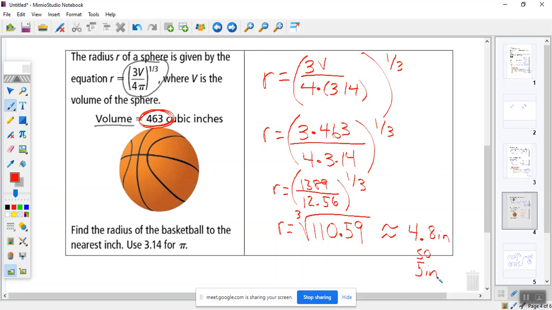Okay, now guys, was there a lot of calculating there? The answer was yes, but really we just had to plug 463 in for V. We had to calculate some numbers. And since this was to the 1/3 power, once I got down to this 110.59, we said, ooh, that's to the 1/3 power. That's like finding which root? The third root. Okay? Let's try another one here. Any questions on that example about what we did? It's a lot of number crunching, wasn't it? Okay. Well,